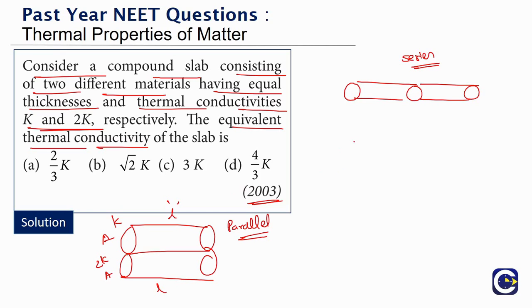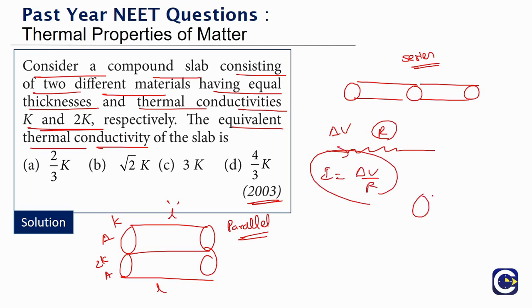Normally if you have a resistance, say of value R, and we apply a potential difference delta V, what is the electric current through that resistance? Delta V by R. So here the current is driven by the potential difference. Similarly, if you look at thermal current, the heat flow through conduction can also be called thermal current. The amount of heat flowing in a given time. That is thermal current,